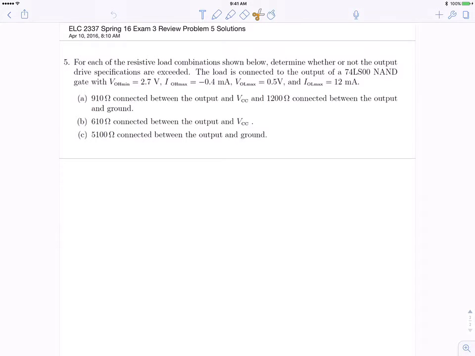Okay, this is a Pencast solution for the third exam, review problem number 5. In this problem, we're looking at a certain digital part. In fact, it's kind of an old part, and it has some worst case loading conditions specified as under the